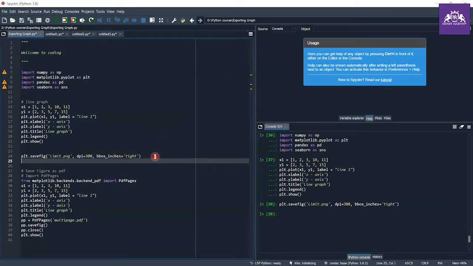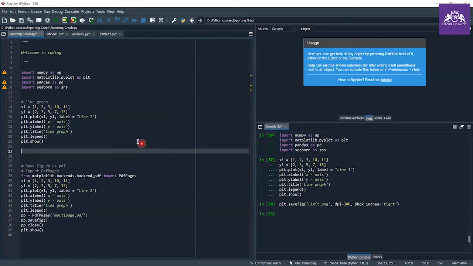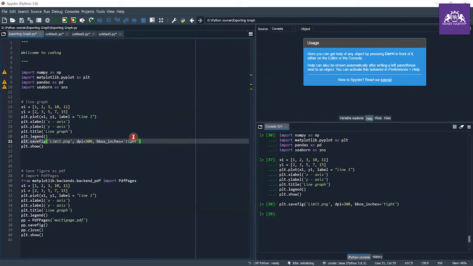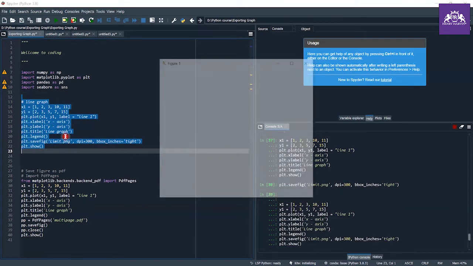But we don't have to save the blank figure, we have to save the graph or the chart which we are showing. So when we show our plot, we have to save our graph and chart in the format of image. So just write this in between the executing of graph.